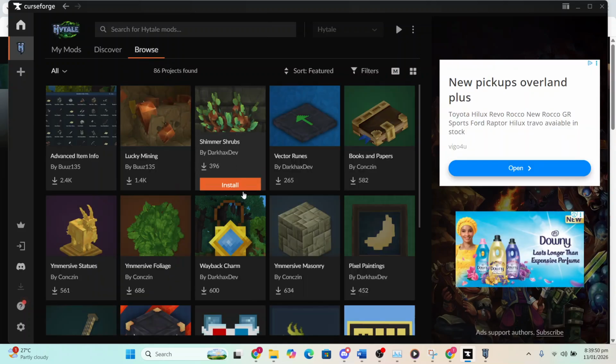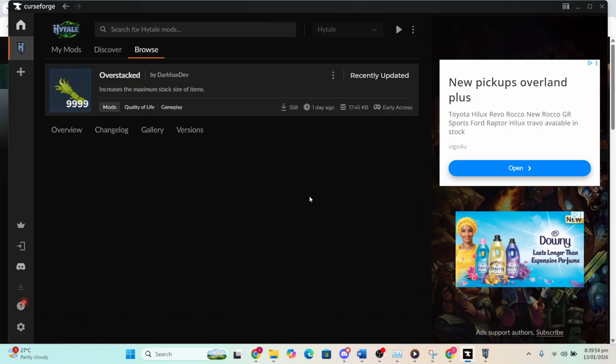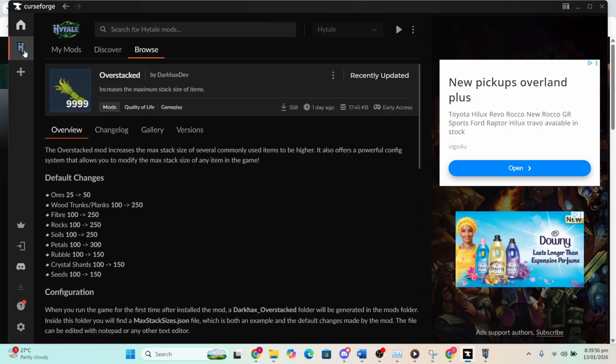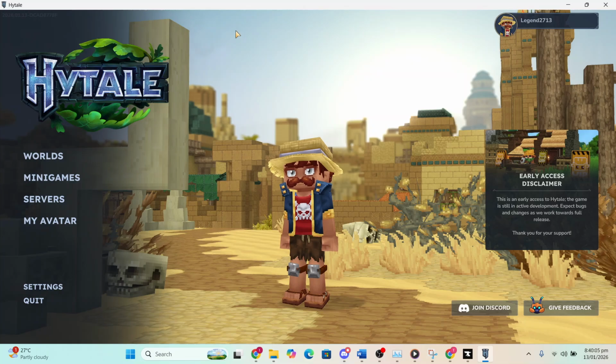Come here, click on Browse, and go ahead and download any mod you want. Just come here, click on Install. I've already installed this one, and then once you have that game selected, come here and click on Run Game through CurseForge. And once you run the game through CurseForge, it will open up, and then to actually enable mods